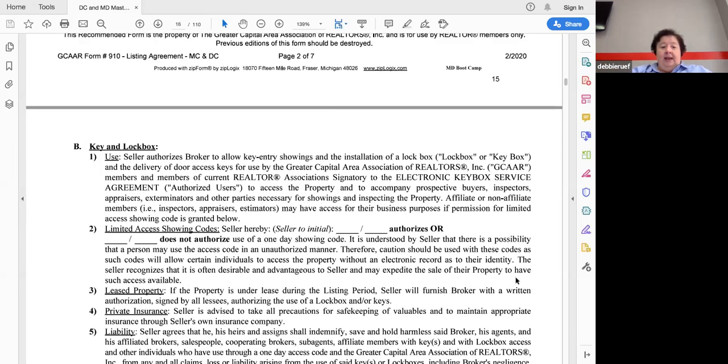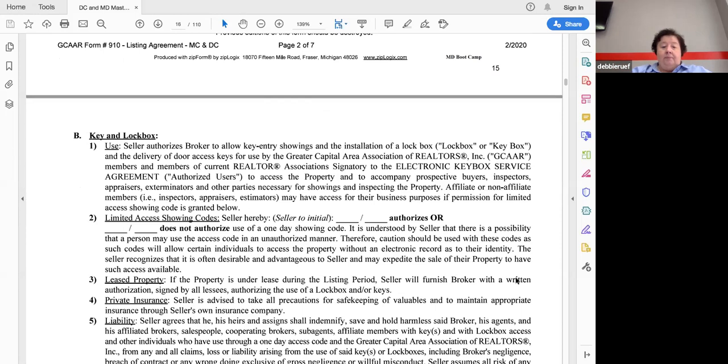So be careful about that. Key and lockbox. The seller authorizes the broker to allow key entry, showings, installation of lock boxes or a key box like a combo box, and the delivery of door access keys for use of the Greater Capital Area Association of Realtors, GCAR, members and members of the current Realtor Association signatory to electronic key box service agreement,